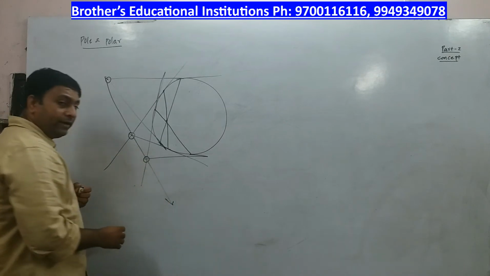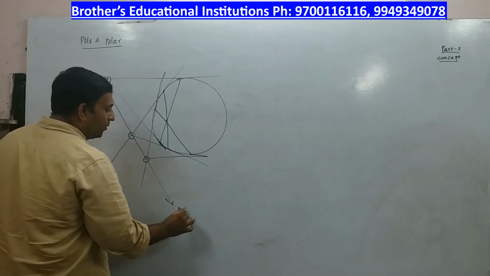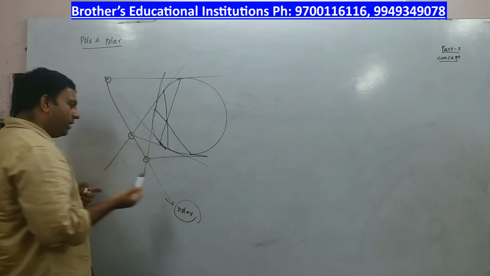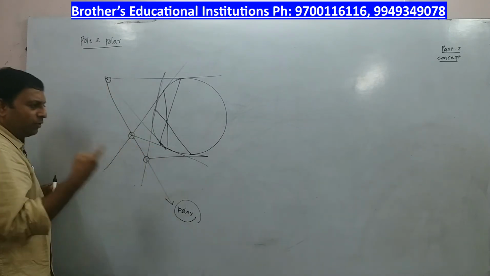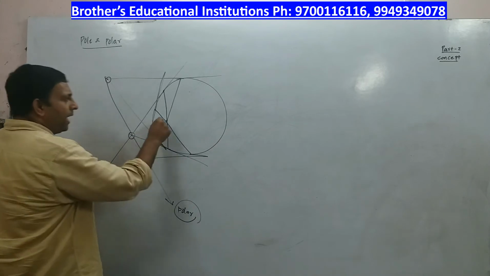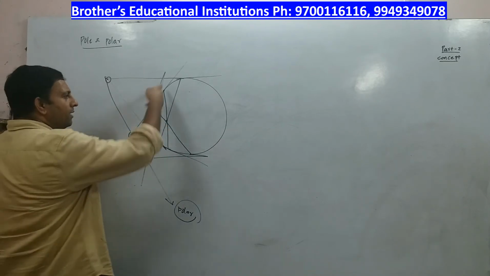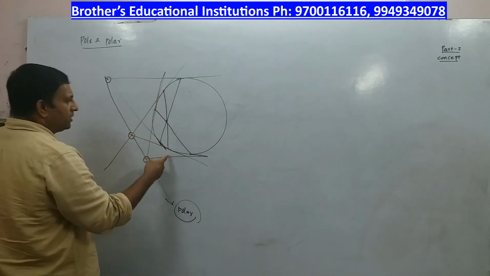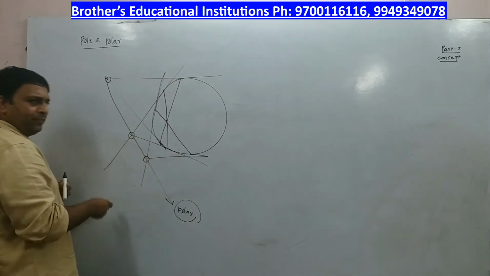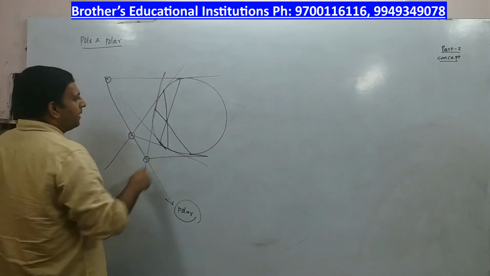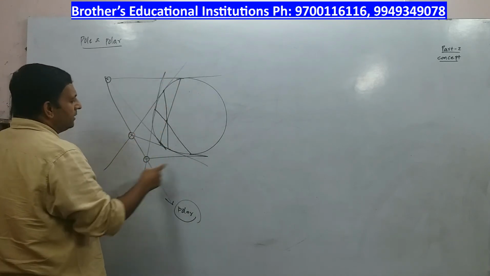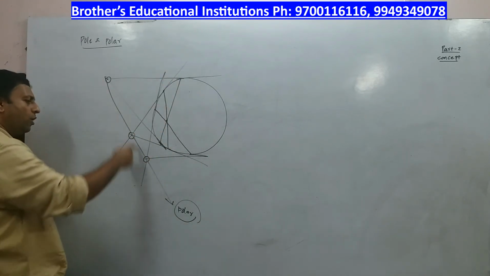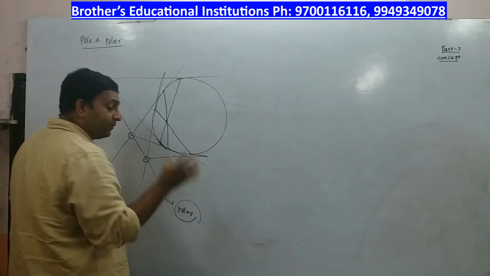And you know what that straight line is called? That straight line is called the polar. Now sir, how do we understand this? How are you going to define it? Again I tell you, before we go to the definition of polar, try to understand. I take a fixed point, I draw a chord. From the extremities of the chord, I draw two tangents. They intersect at a point. Like that, another chord, from its extremities I draw tangents, they meet at a point. I will join all those points. What I get is a line. That line is called the polar.